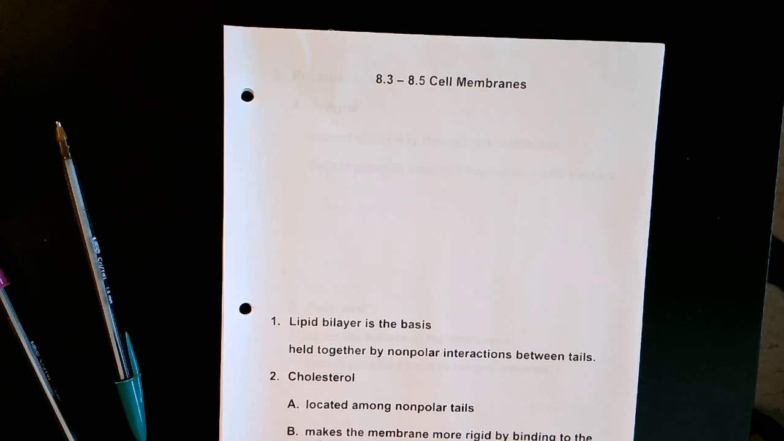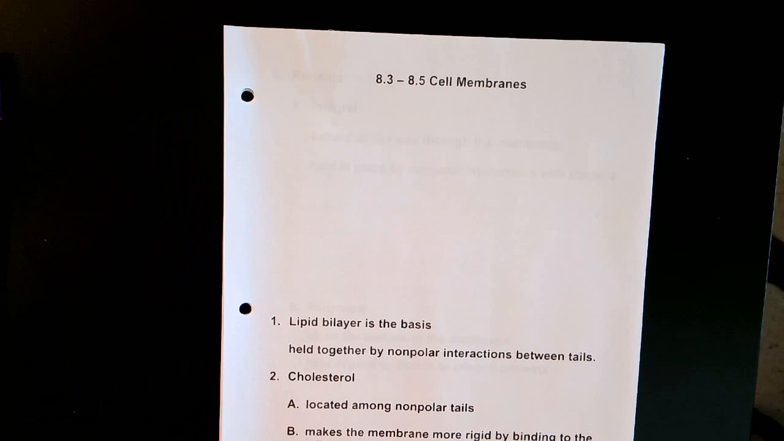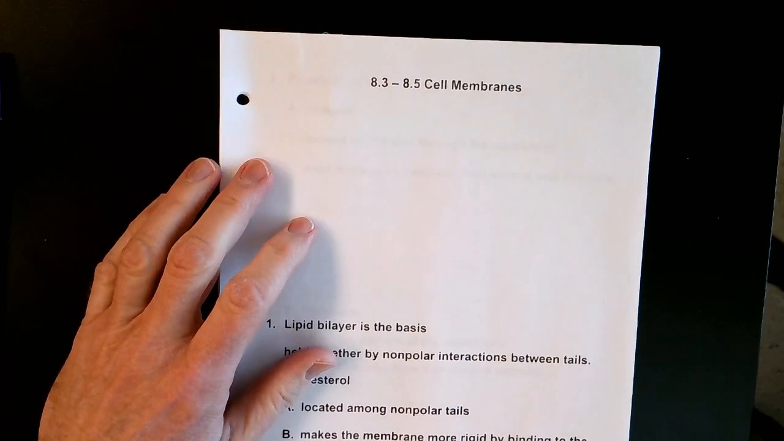So welcome back after a long weekend away, although it may not feel like you were away on Friday. You were. And we're on schedule, continuing according to the syllabus with a little section on cell membranes, and there's